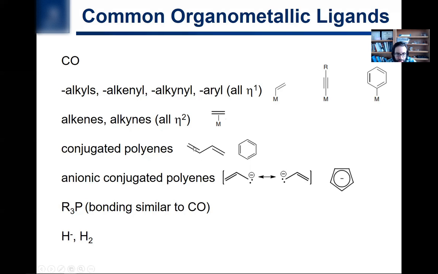You can have conjugated polyenes, right? Benzene, linear forms that obviously will have delocalization and a lot of resonance structures. You can have anionic conjugated polyenes. So the allyl group is the most simple of these, where you have a resonance structure. This is an anion of the allyl group that has a resonance structure. So that double bond is delocalized across the 3 carbon centers. Or like we talked about, the cyclopentadienyl ligand. We'll get into more specifics of all these later.